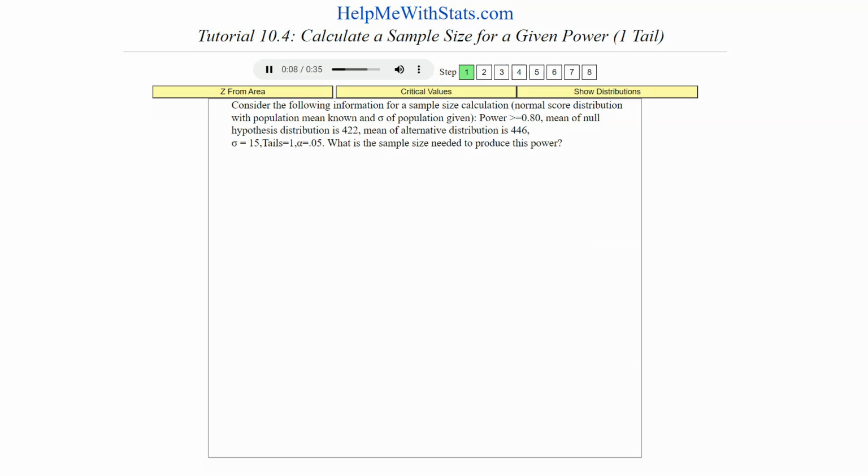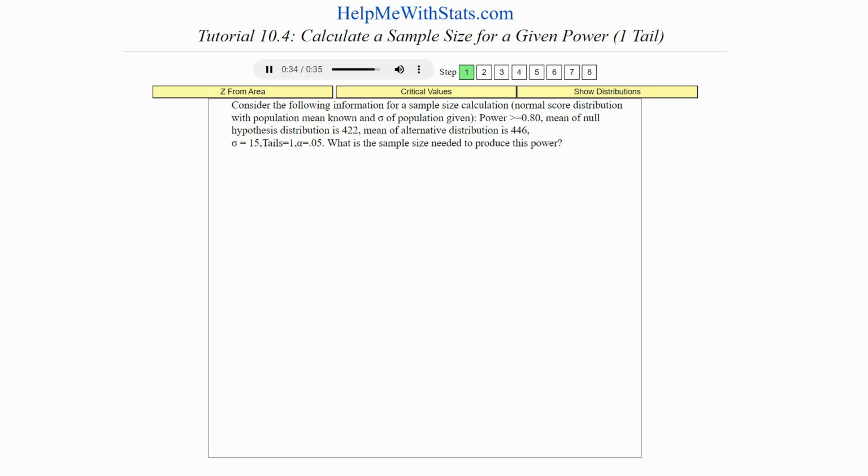The population mean is given as 422 and the population standard deviation is 40. Because there is previous evidence suggesting the mean of the alternative population will increase, we are using a one-tailed hypothesis test with an alpha level of 0.05. If the mean of the alternative distribution is 446, then how many participants do we need for a power of